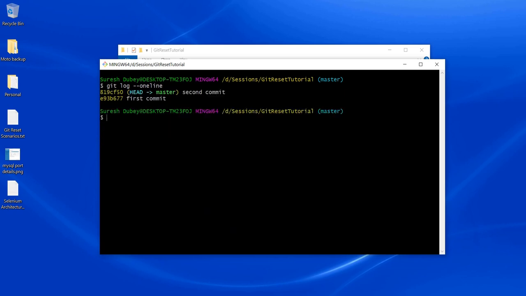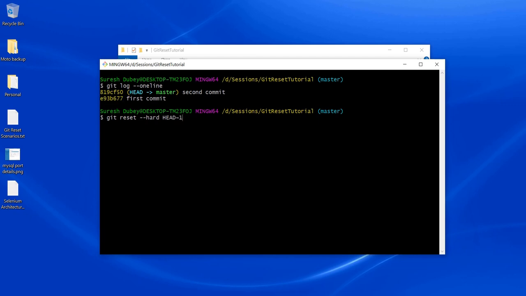So let's understand hard mode now. In my repository we have two commits, so let me reset this particular commit. I can use git reset --hard HEAD~1. Again I'm asking git to reset head to the previous commit, and it is a hard reset.